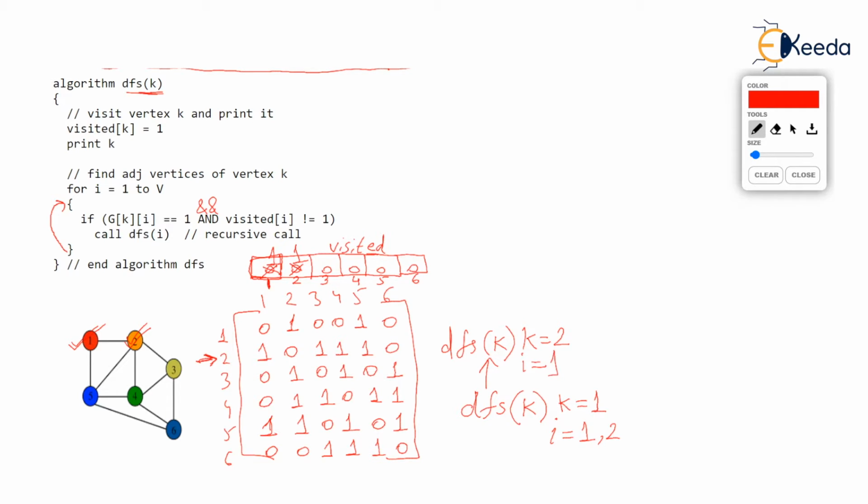This is interesting and this will end our discussion. You see that with I equal to 1 in this for loop, we will ask the if: is g[k][i] equal to 1? Just substitute the current k and current I. It is 2 and 1 now. So we are checking, is g[2][1] equal to 1? Of course it is 1. You watch, g[2][1] is 1. That means vertex 2 is adjacent to vertex 1.